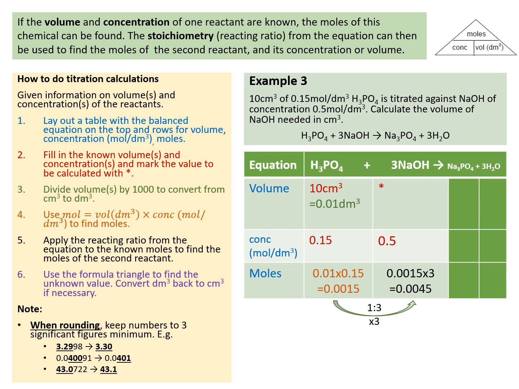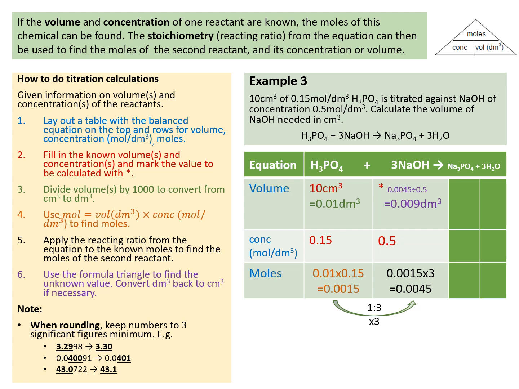Now for step 6, we're going to use our formula triangle to find the unknown value. Now in this case, unlike in the previous ones, we're finding a volume. So if we go up to our formula triangle and cover up the volume corner, we can see that the way to calculate this is by using moles divided by concentration, and this is actually going to give us our volume in decimeters cubed, which we'll have to deal with afterwards. So moles divided by concentration will give us 0.0045 divided by 0.5, which gives us